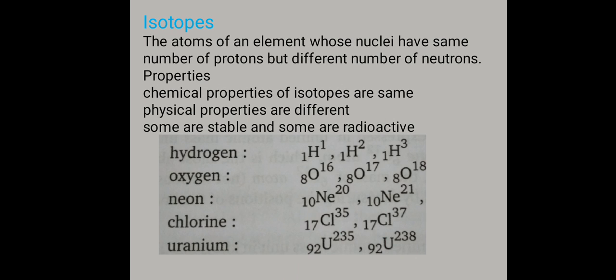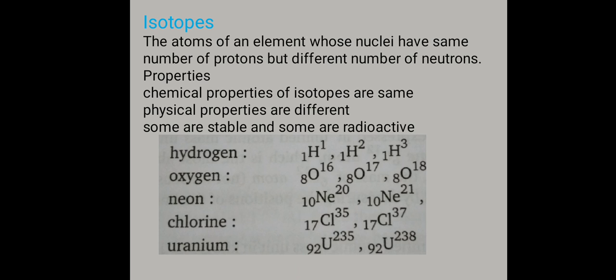Now we can see what isotopes are. You have studied isotopes, isobars and isotones in chemistry previously, and in physics also. So just the definitions, and a few examples are given. Usually a 1 mark question is asked, like give 2 examples for isotopes. So for that we are going through this.